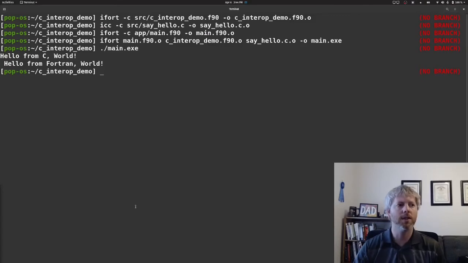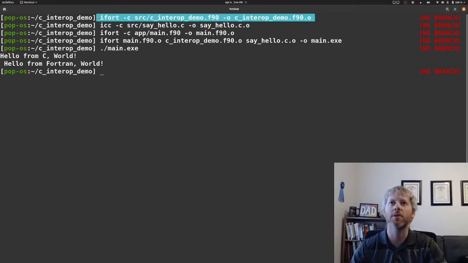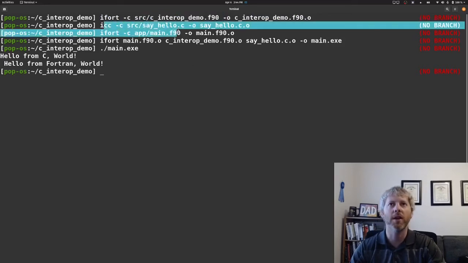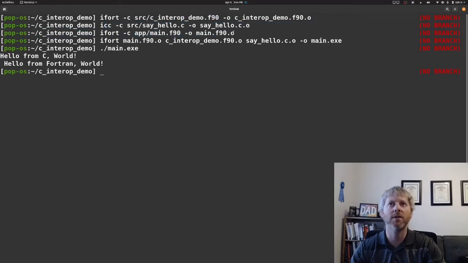As I mentioned in that one example where there was a Fortran bug that wouldn't let me demonstrate it, I checked out that same code, and as you can see, I can manually compile it with the Intel compiler. So we've got iFort compiling that source code that Fortran was choking on, so it can compile that, and then we use the ICC compiler to compile the C code, iFort to compile the main program, link it all together into an executable, and run that